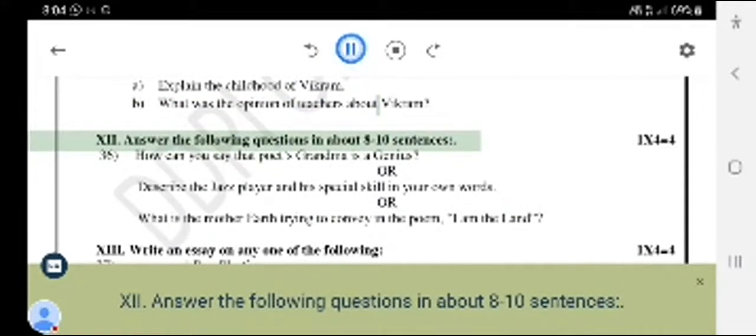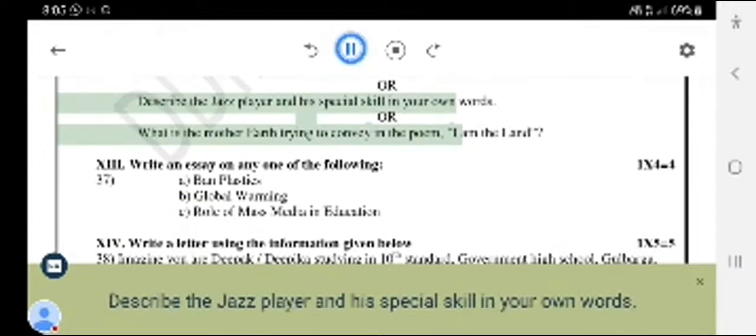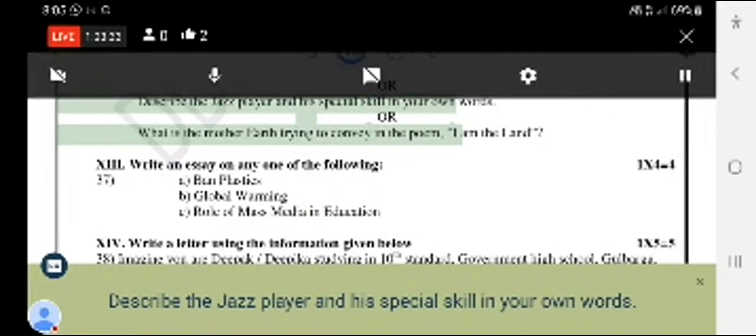12. Answer the following questions in about 8 to 10 sentences. 1x4 equals 4. 36. How can you say that the poet's grandma is a genius? OR. Describe the jazz player and his special skill in your own words. OR. What is the Mother Earth trying to